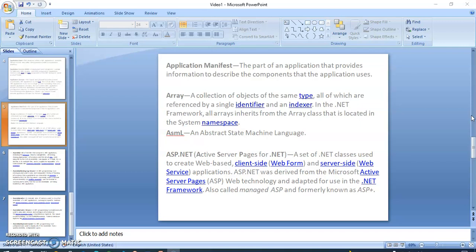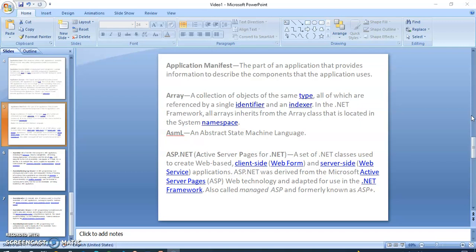And then we have to discuss ASML, the Abstract State Machine Language. And then we will discuss ASP.NET, Active Server Pages for .NET, a set of .NET classes used to create web-based client-side web forms and server-side web services applications.